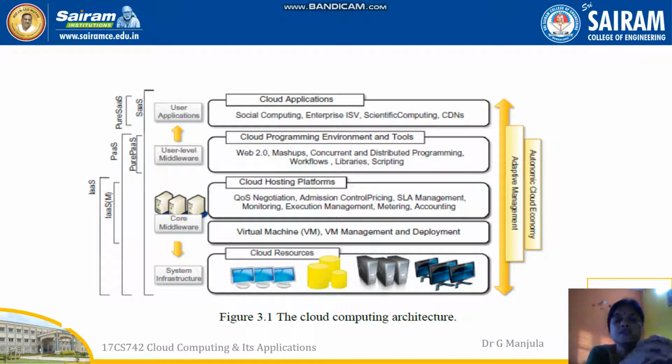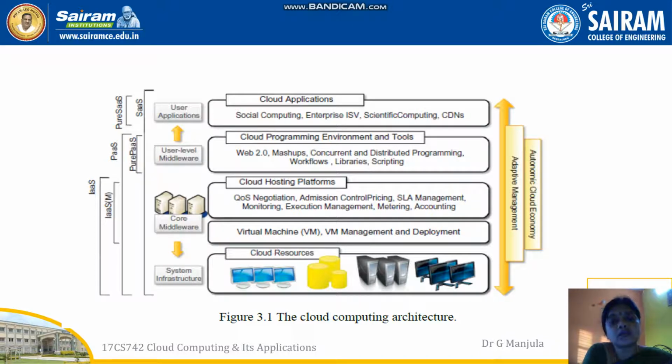So these are some of the domains where the applications have been developed. I hope the concept is understood, and always remember, whenever I say the right side of the diagram, it is adaptive management. I can make modifications according to the customer demand, and also it is the cloud economy. There is one cloud called economic cloud computing. Similarly, we can talk about the negotiation of the cost. Based on that also, accessibility and configuration and computing can be done. That is called an automatic cloud economy. Clear? So this talks about the architecture of cloud computing.